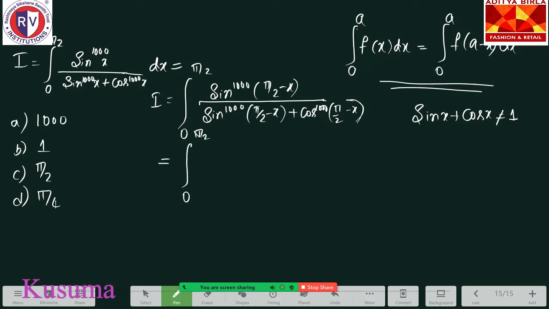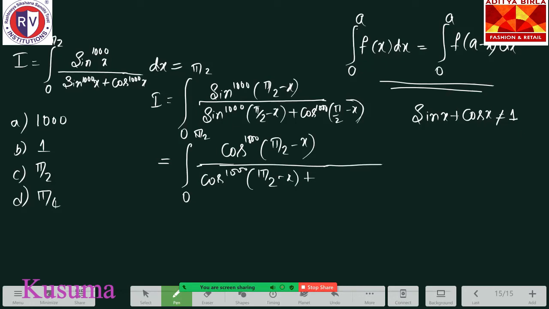Option 4, did you do option 4? What happens? Sin of pi by 2 minus x is cos to the power 1000 of pi by 2 minus x divided by, so once again this is cos to the power 1000 of pi by 2 minus x plus, so cos of pi by 2 minus x,